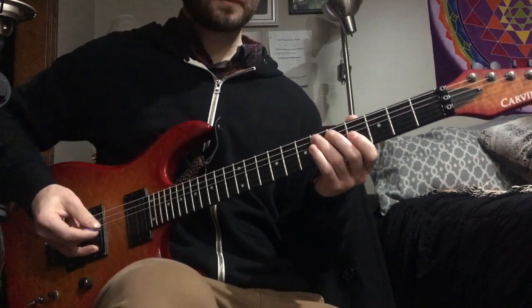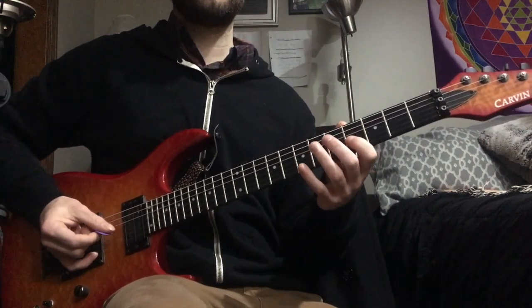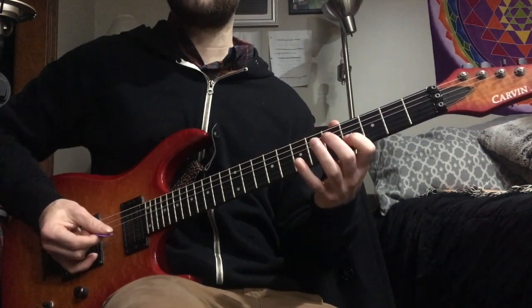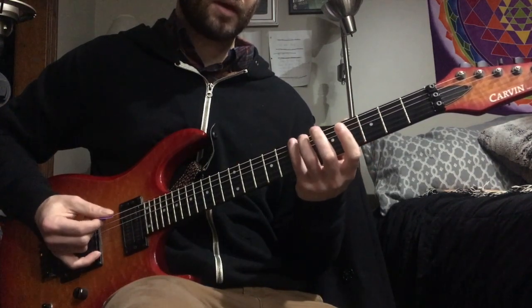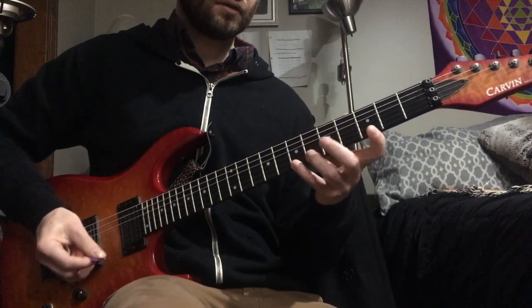Okay, and then start on E flat on the 3rd string, pointer finger goes down to B, pick C sharp, pick E flat, and pull off to B. Then middle finger goes to G, ring finger on E flat, pinky on B. So we got...